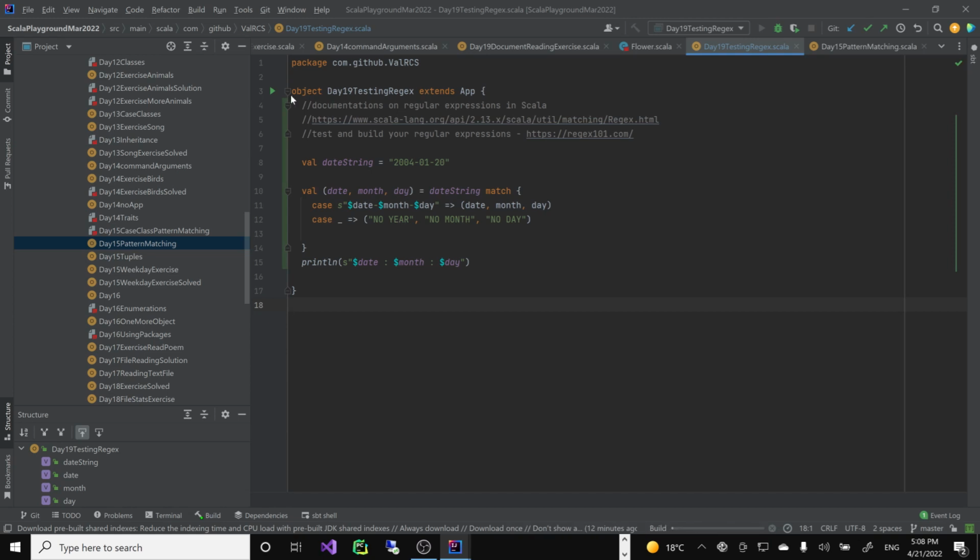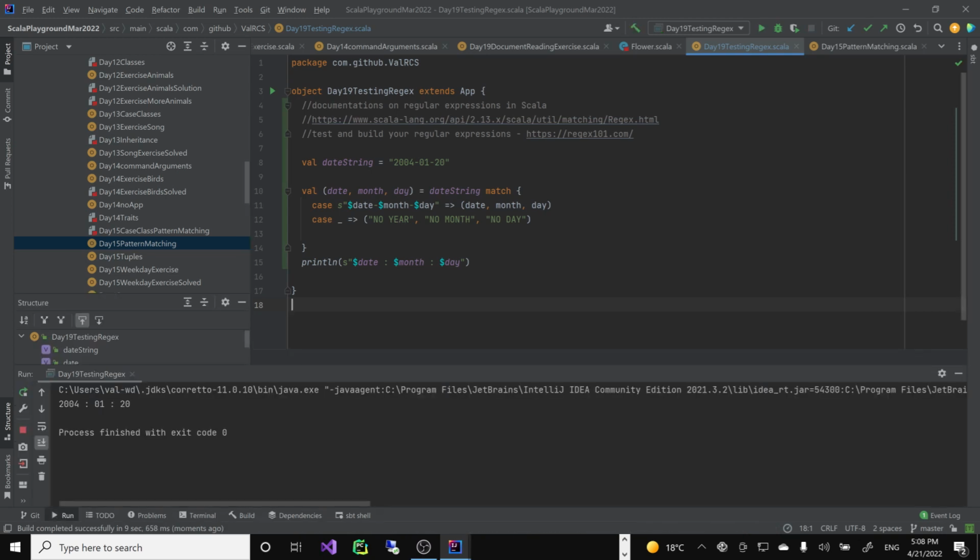And let's see if this works. It should. Maybe we'll get no year. Maybe it won't work, right? Maybe I made a mistake somewhere here, but it looks like it did work correctly. Okay, great. So we can extract these individual values and we can start working with them if you have a